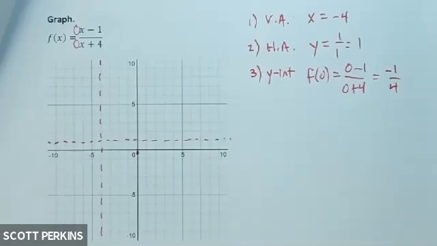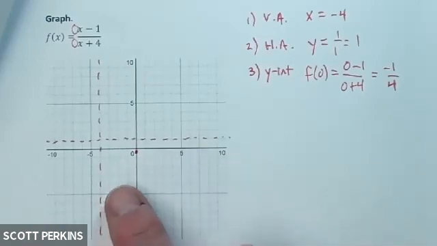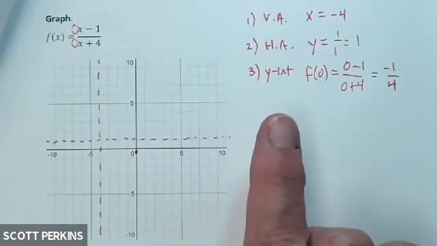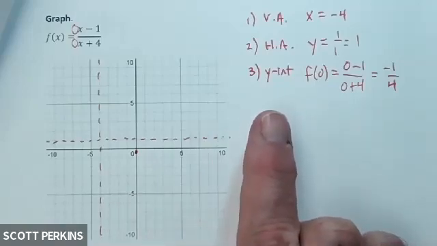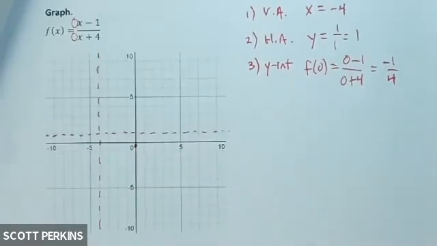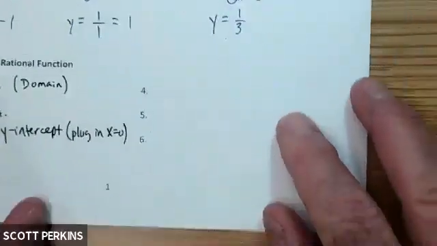Now don't draw anything just yet. We do have one other thing, but that gives us a bunch of information. That dot, along with the asymptotes, pretty much tells us almost everything we need to do for the right half of this graph. Because remember, asymptotes define the behavior of the graph. We'll come back to that though. We'll get the satisfaction of drawing this in a minute. The fourth thing